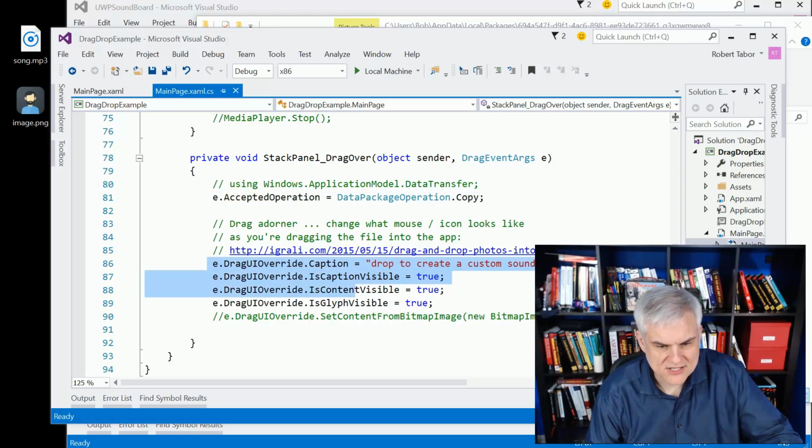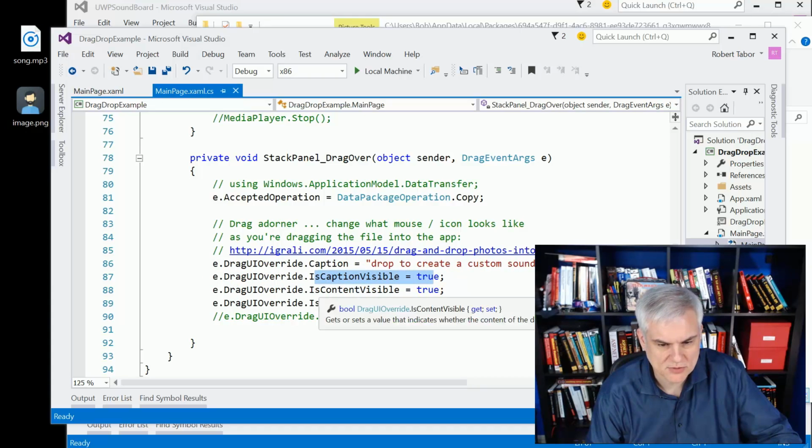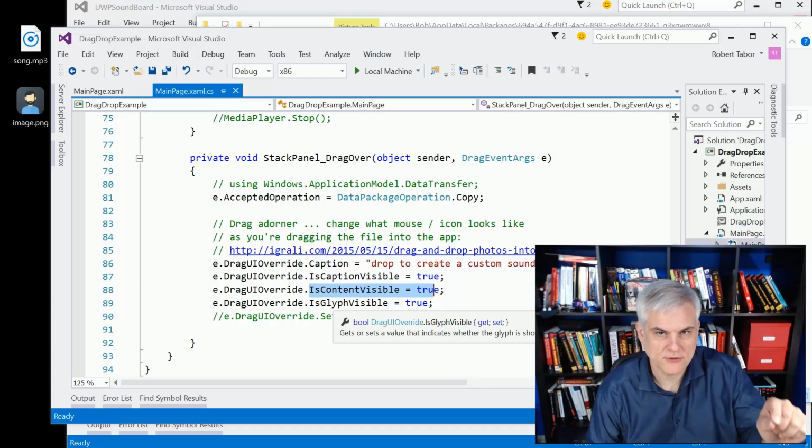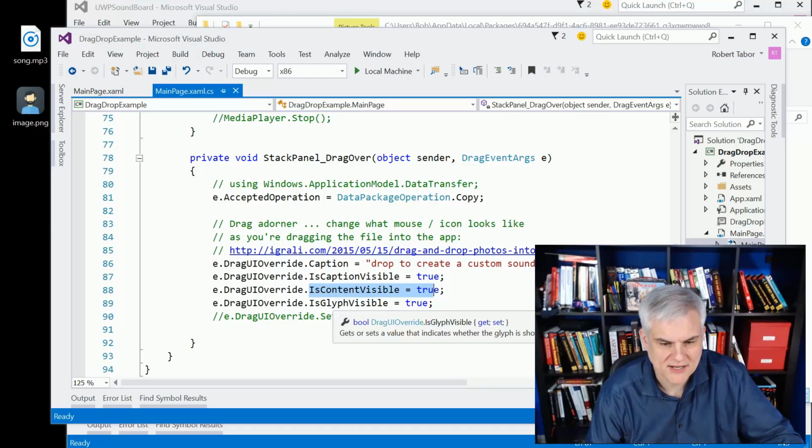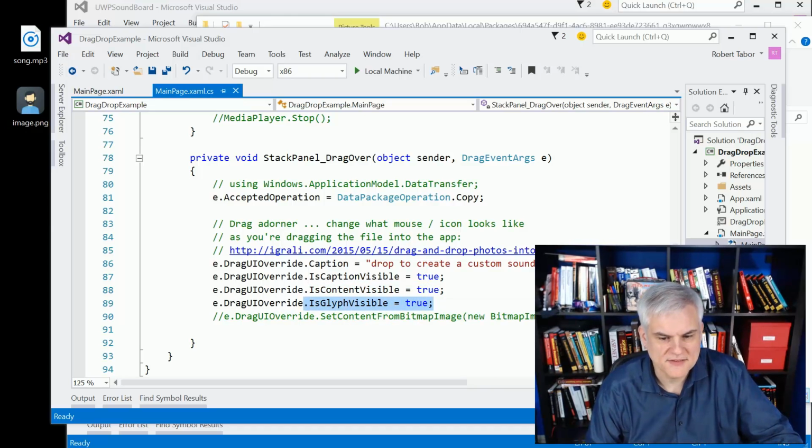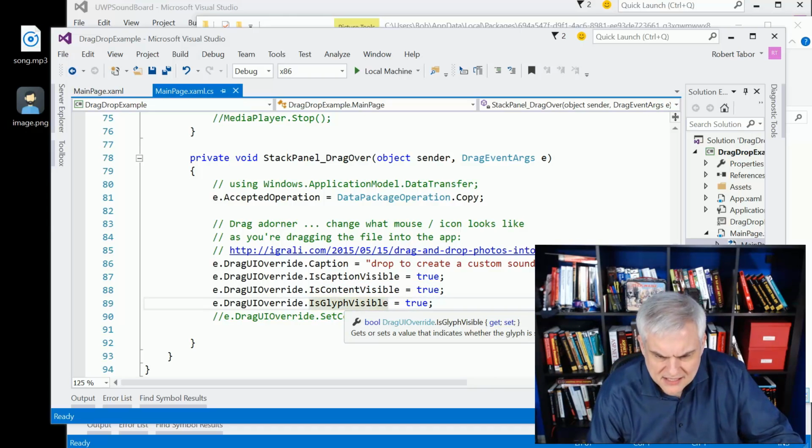And then I start setting attributes of the DragUIOverride object on our drag event args e. Here I'm able to set the caption. I'm also saying, hey, make the caption visible, make the content of the file itself visible. So in the case of an image, you would be able to see the image file. And then is a glyph visible? And I think the glyph is for